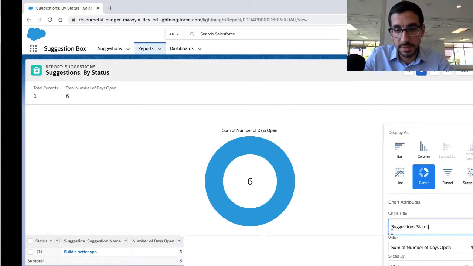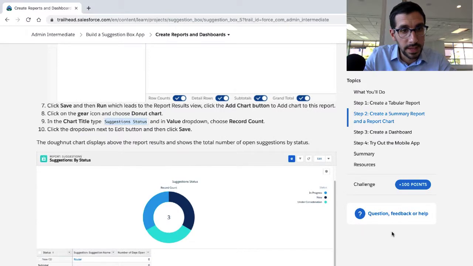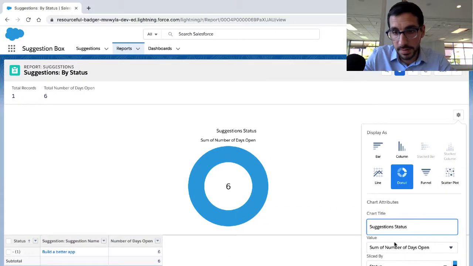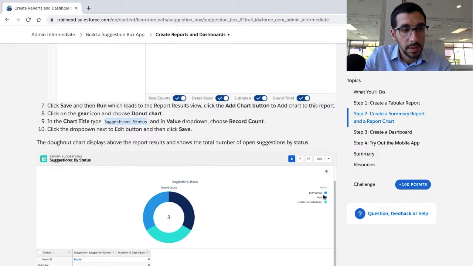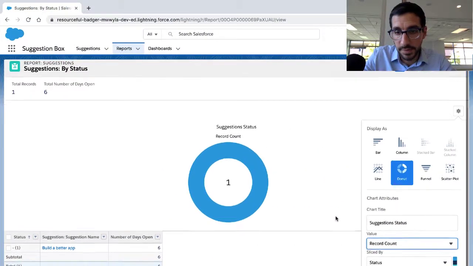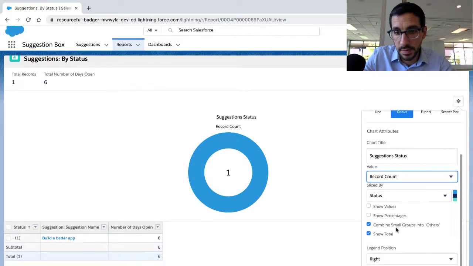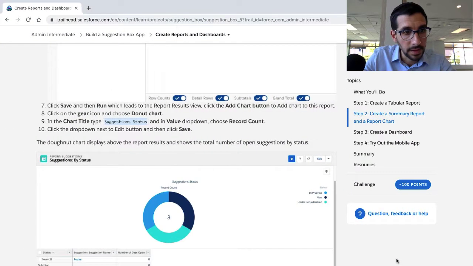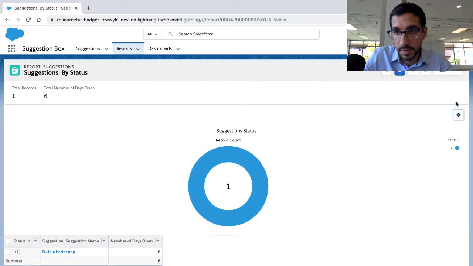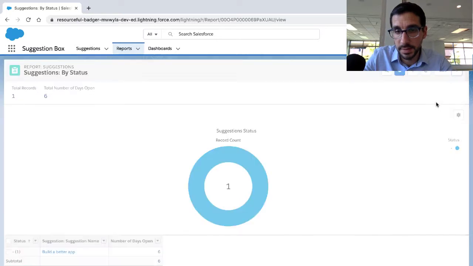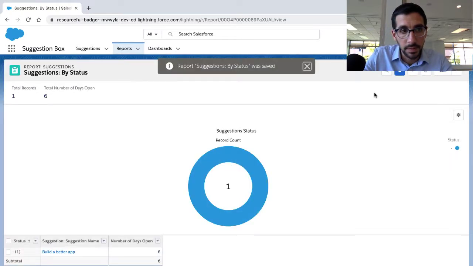Suggestion status, and the value drop down, choose record count. Click the drop down next to the edit button and then click save. Oh. That's that. Cool. Well, that was actually cool, but